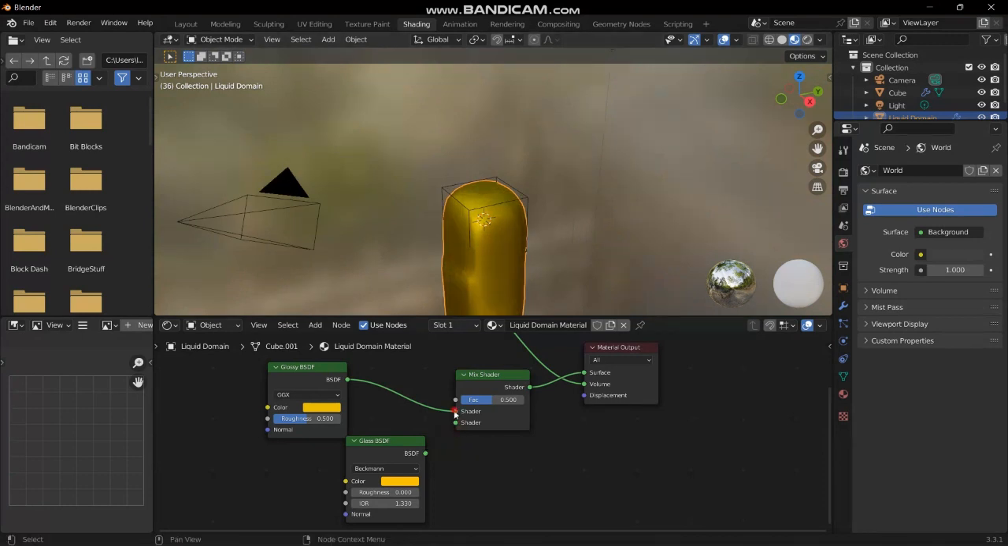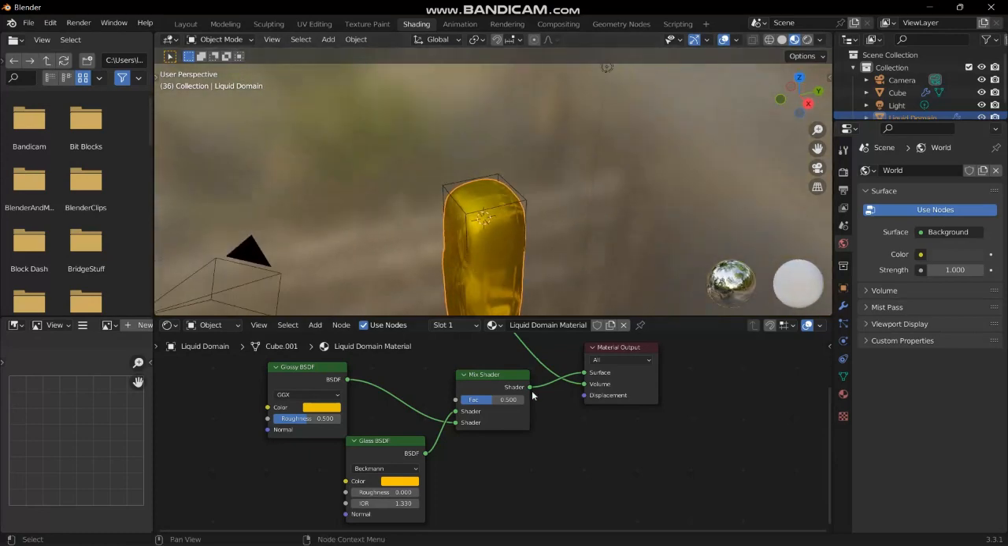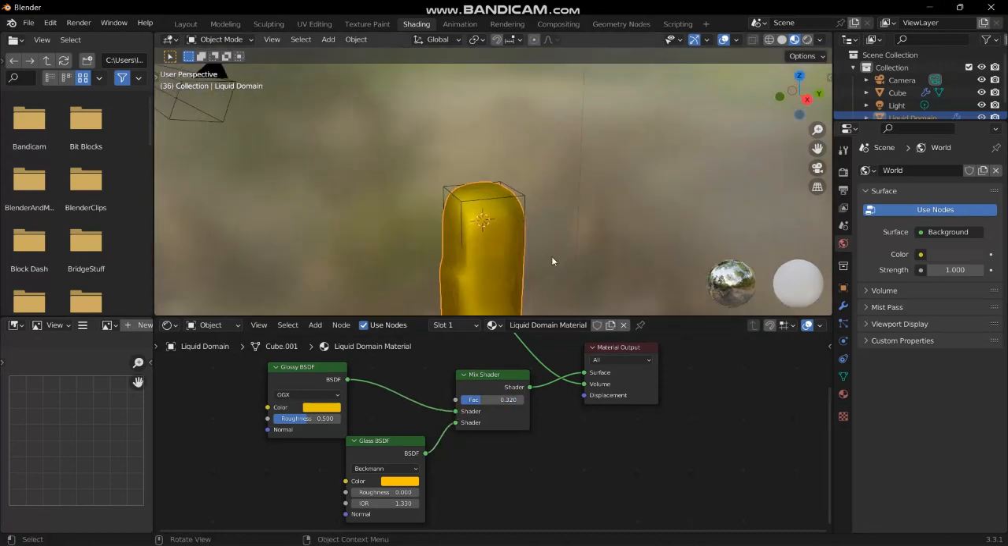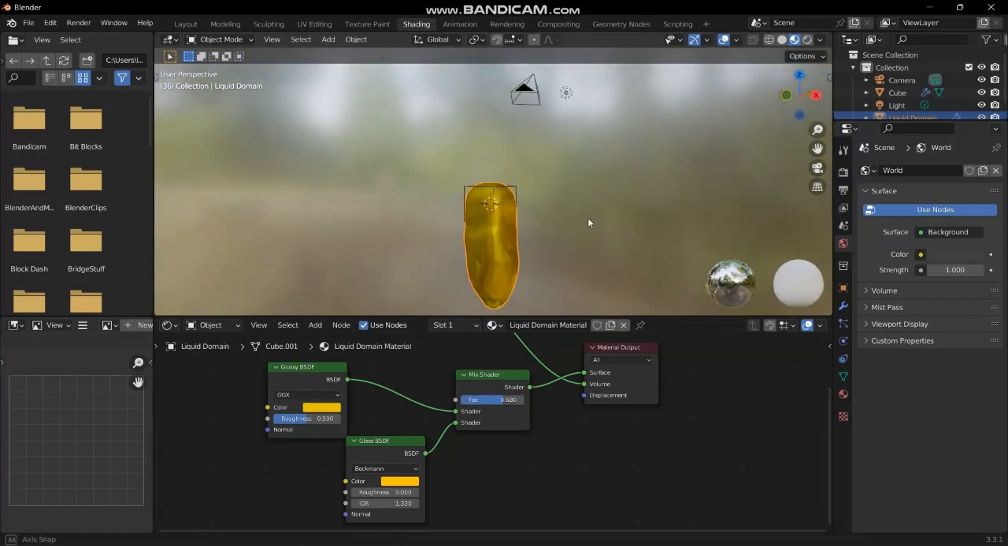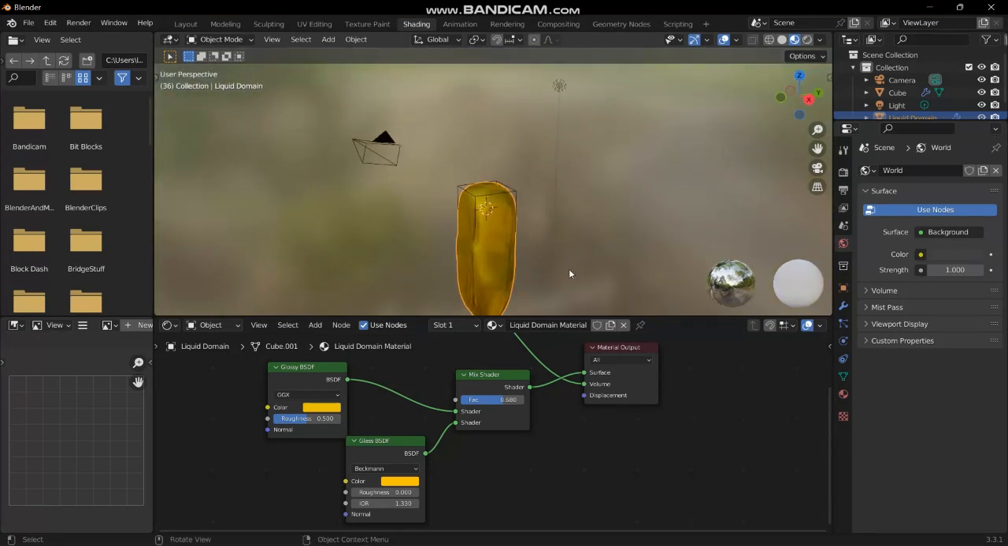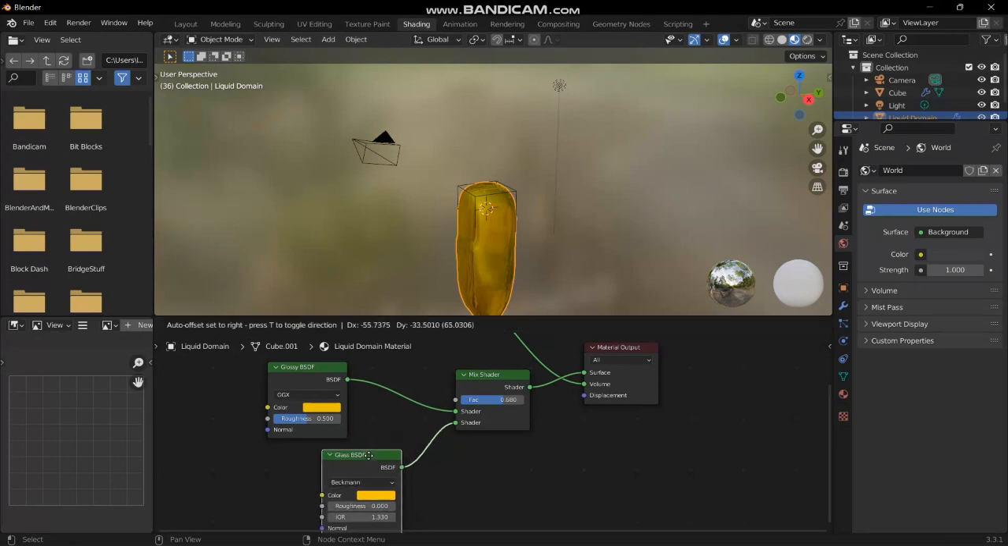So if we switch the order, try changing the factor to get it to something you like. Get this here and this here. Now you have your honey right here, but another thing you could do is instead of a